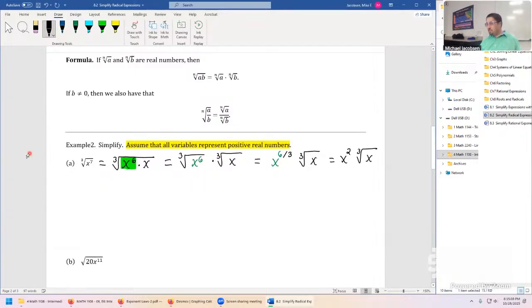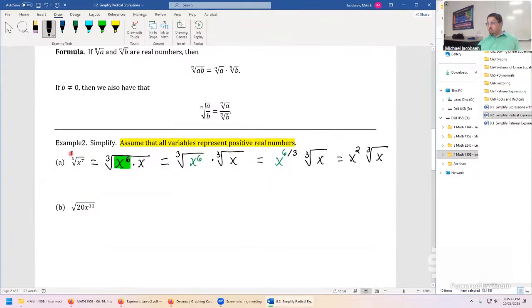Okay, let's try out the next one. A little bit more going on. We have 20 x power 11, but we can still break this down in the same sort of way. The last one had an index of 3, so we were looking for things that were divisible by 3. And the 20 is an extra thing we have to worry about, but 20 can break down by rewriting it